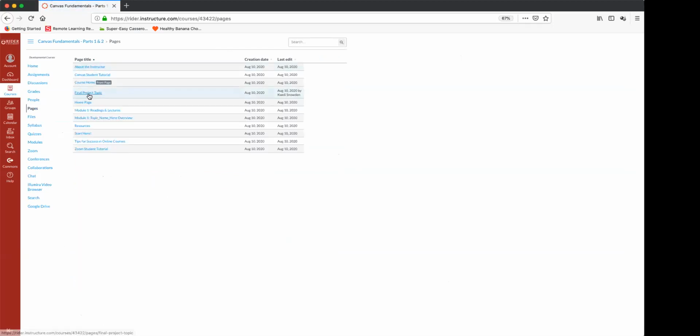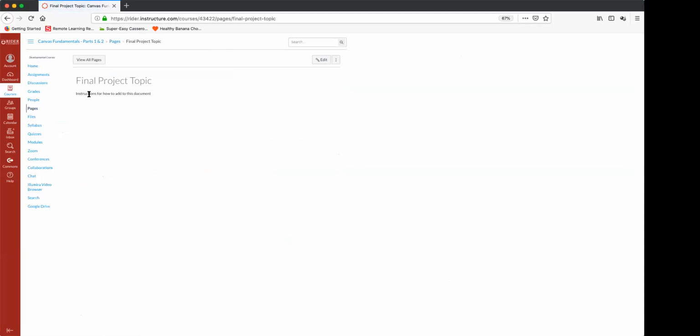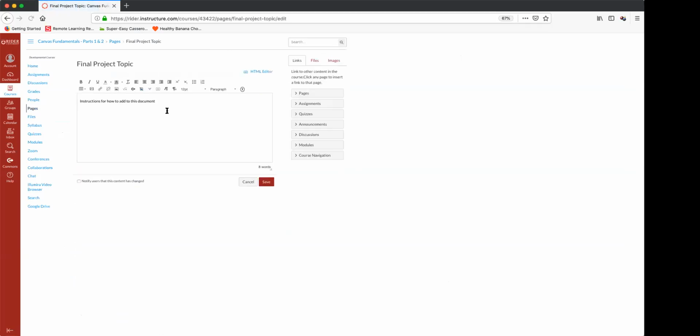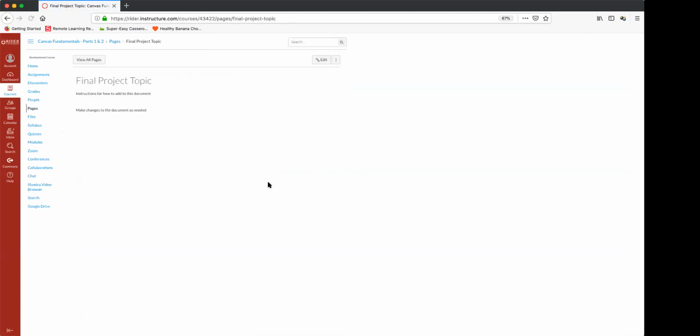And I'm going to go to final project topic. You'll notice I'm in as a student, but I do have that edit button available to me at the top right. So as a student, I can now go in and make changes to the document as needed. And I can hit save, and my save is changed. And so all students would be able to come into this page and add to it following the instructions that